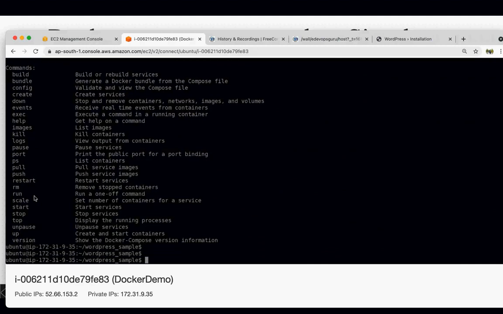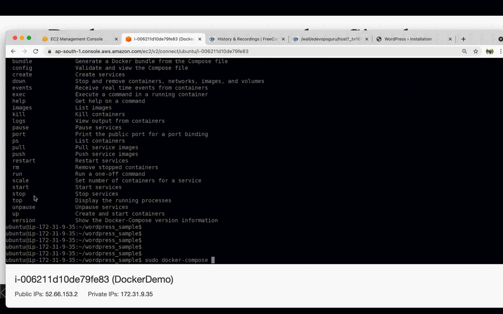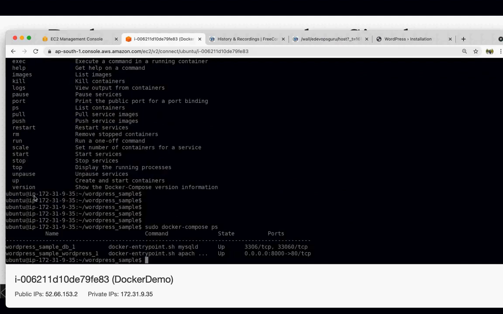But majorly the commands which are used are up, down, and ps, or in some cases logs.